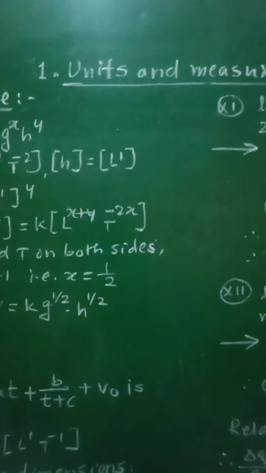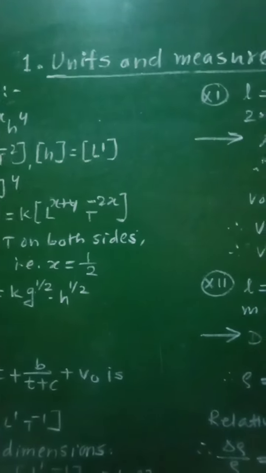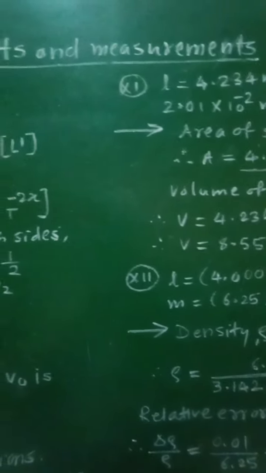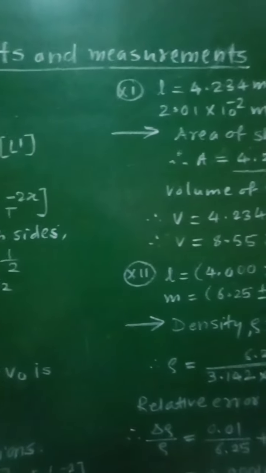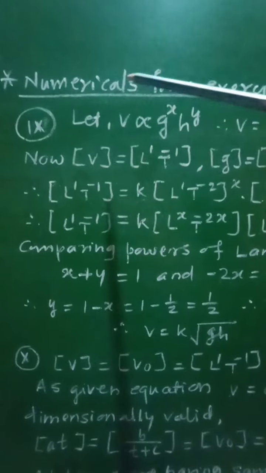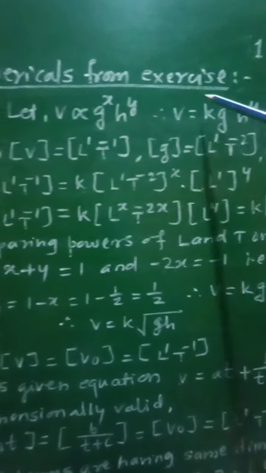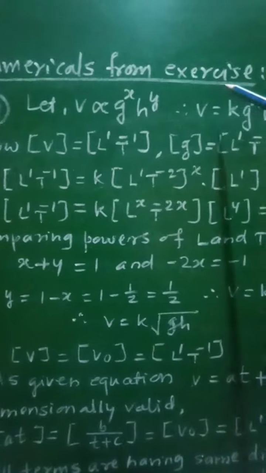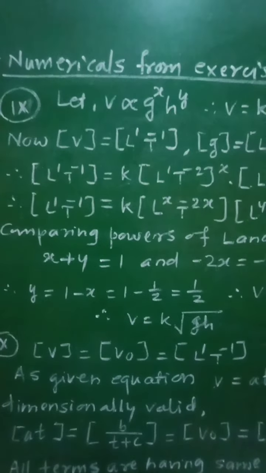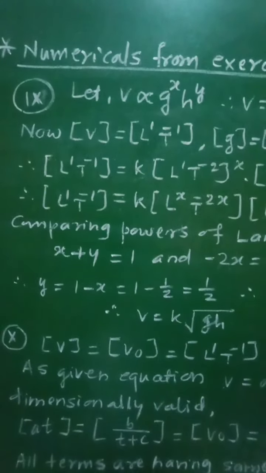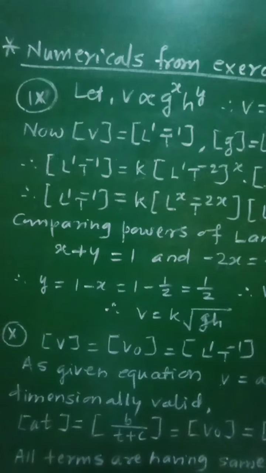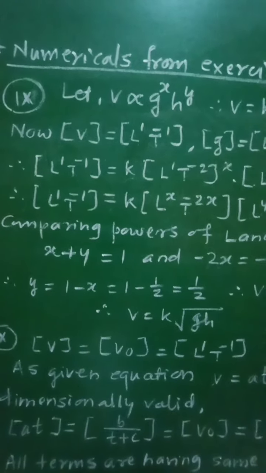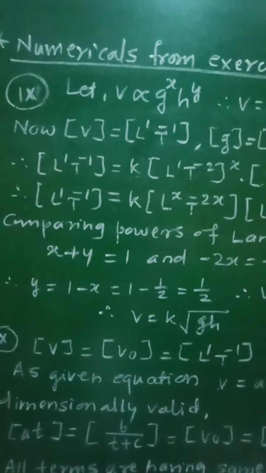Class 11th, Subject Physics, First Chapter, Units and Measurements. From the chapter, let us see numericals from the exercise. Let us see numerical number 9, which is stated as: an object is falling freely under the